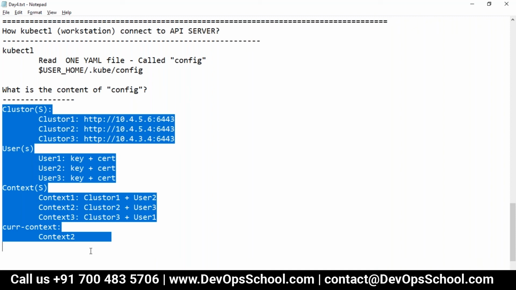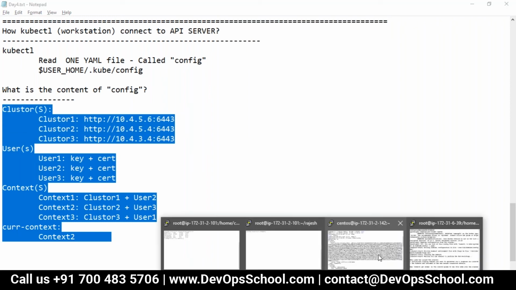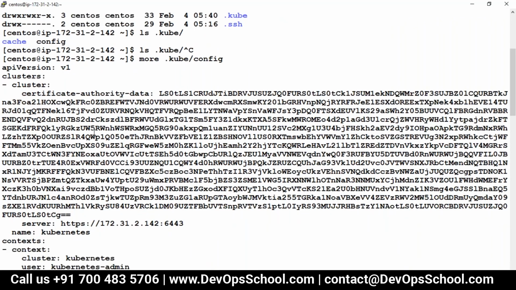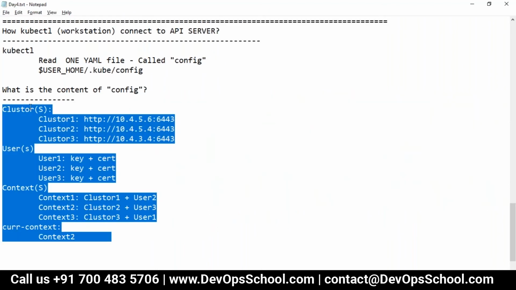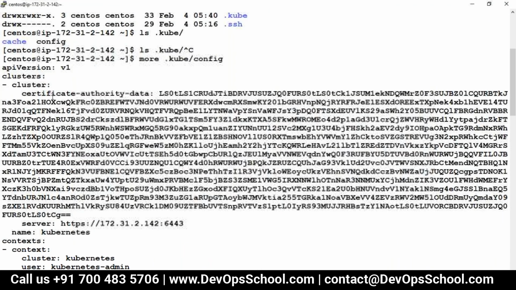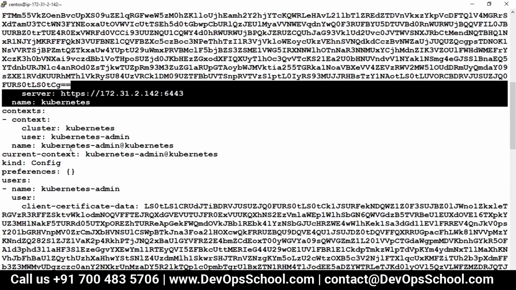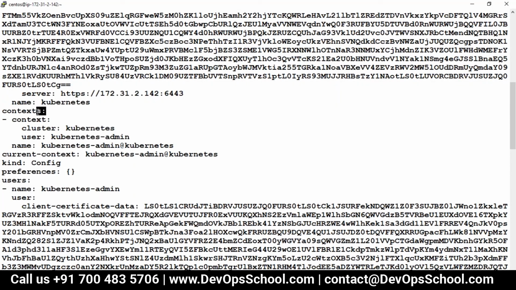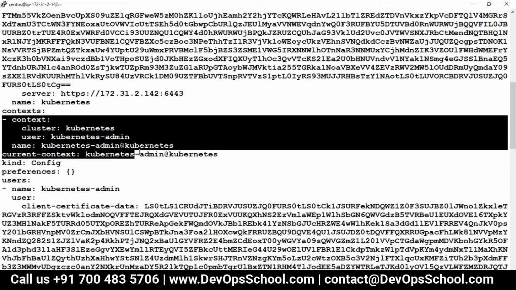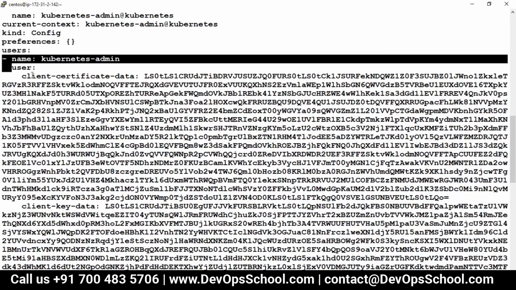Yeah. Now guys, I would like to show you the same thing in this place. Look at this here. This is the clusters section I talked about. Here you have only one cluster, by the way; you can modify and add more. This is cluster 1, and the IP address is this one. Here you have contexts, and remember, there is only one context. And here you have users, and there is only one user.